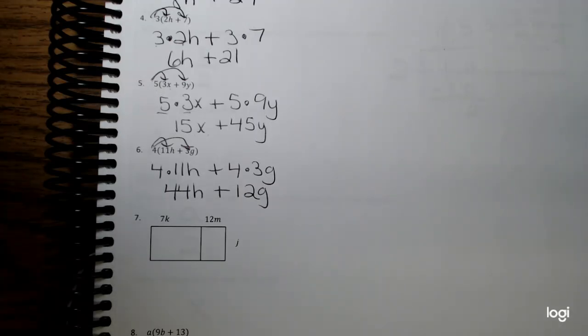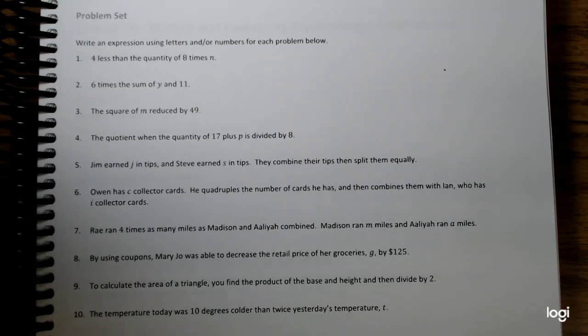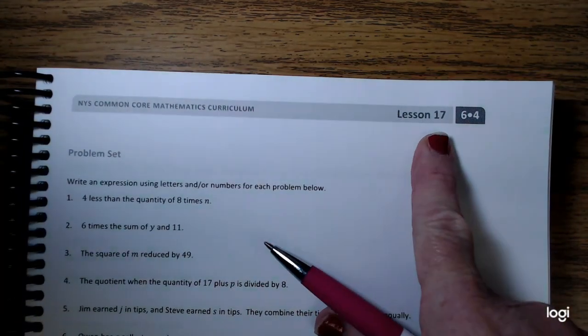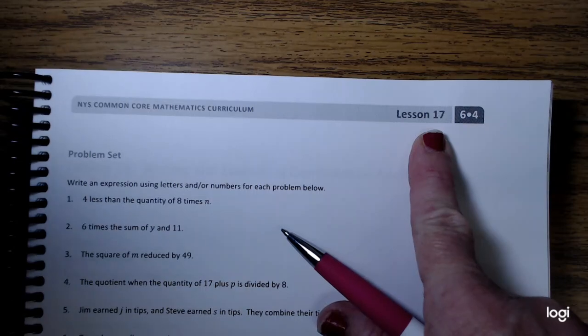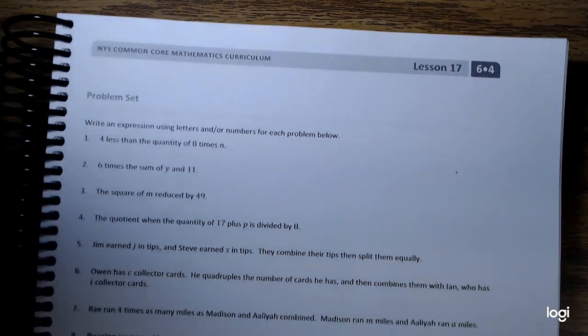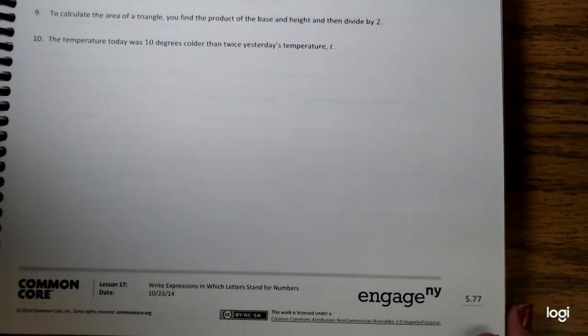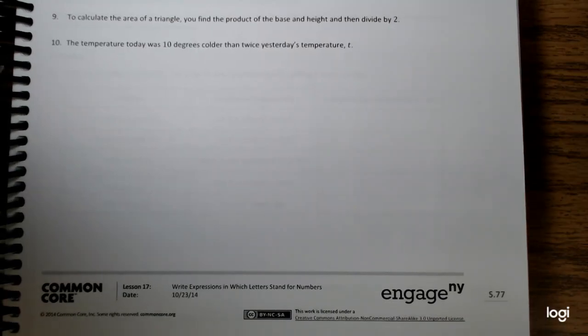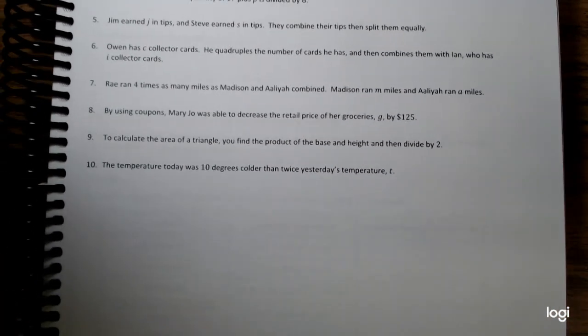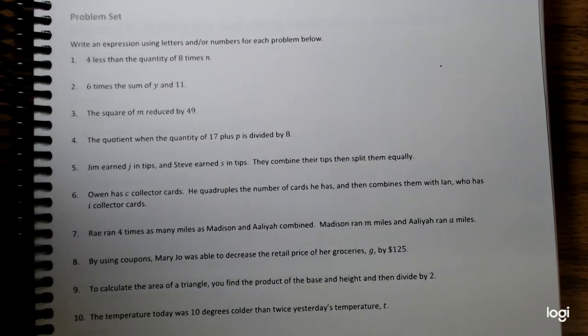Okay, so if you were listening, I said we're going to do distributive property, and we're going to do some reviewing of expressions. So we're going to turn our math book to a new page. All right, as you can see, I've turned over to a new page. We are going to jump up to lesson 17 real quick to do some review of expressions. Lesson 17, and we're going to turn to page S77. S77. So if you want to pause your video so that you can get up to that page, we're going to do a couple of